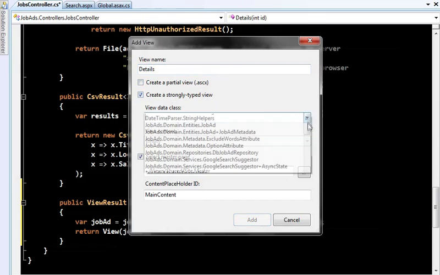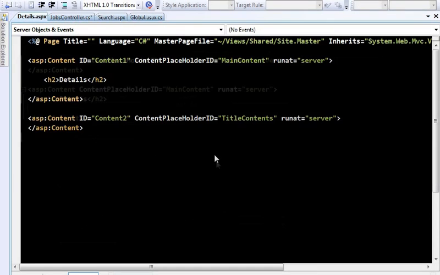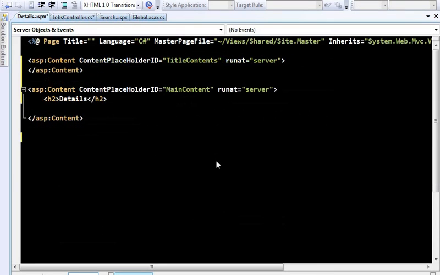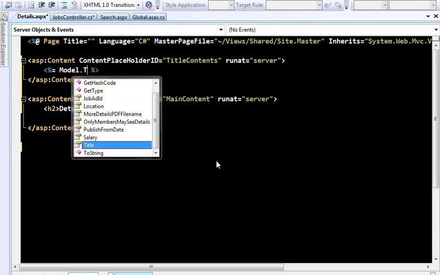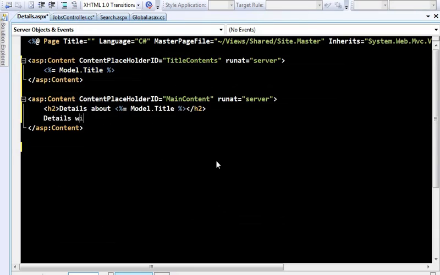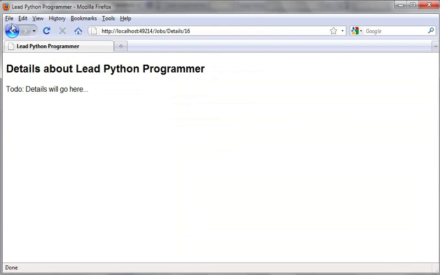I'll say that it's strongly typed and specify that we are rendering a job ad. And I'll just tidy this up slightly, and add a minimal amount of markup so that we can see it's working. Okay, so recompiling, switching back and reloading. We've now got working links that bring up details about the jobs.